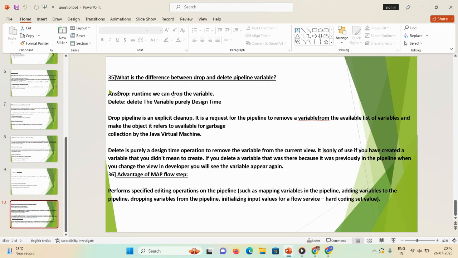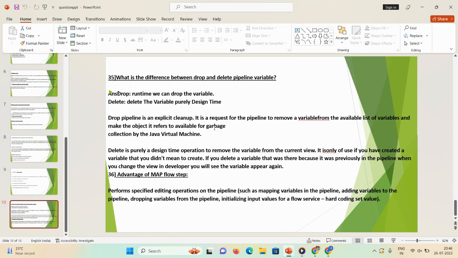So drop means at runtime we need to drop the variable. To increase the performance, we drop the unwanted variables in the service, and we can drop at real time. And delete the variable is purely design time. It means drop performs explicit cleanup type of activities.